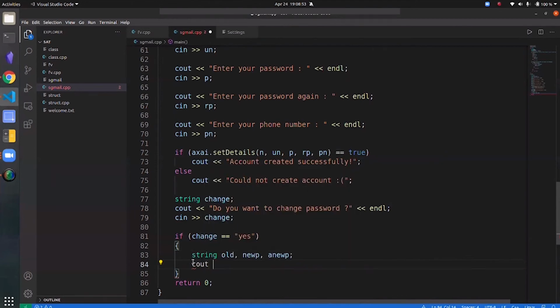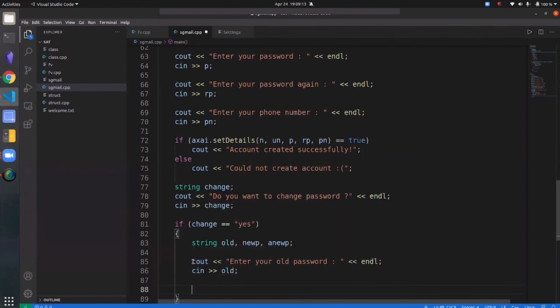So let's do that. Then they need to enter their new password in another text box. So let's just ask them to enter their new password.